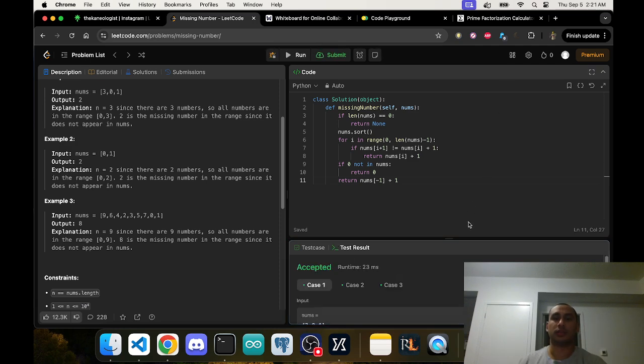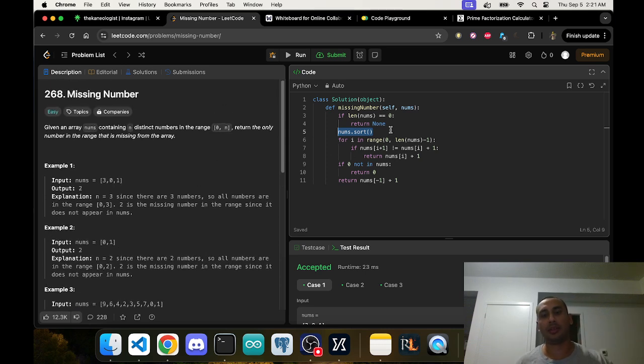Boom. So let me explain how I did this. If the length of the array is 0, return none. Okay. Otherwise, just sort everything in the array because it's unique numbers. So you're guaranteed to be missing one of them, right? So if you're missing one of them,